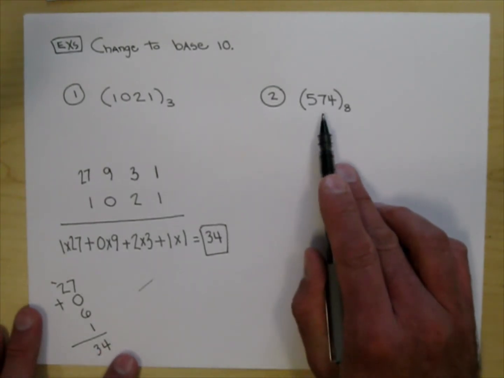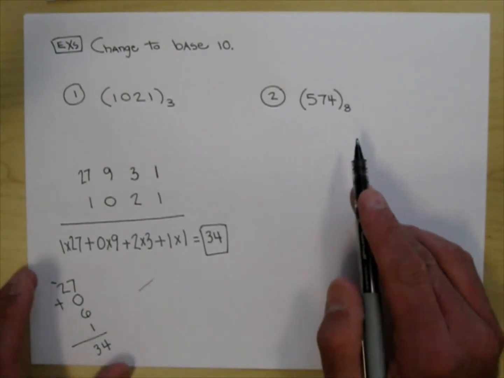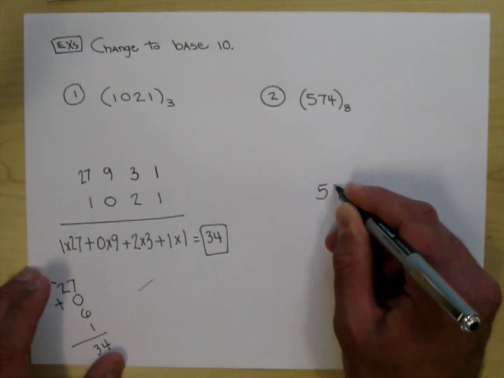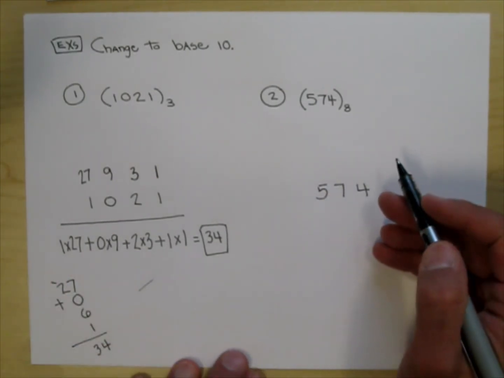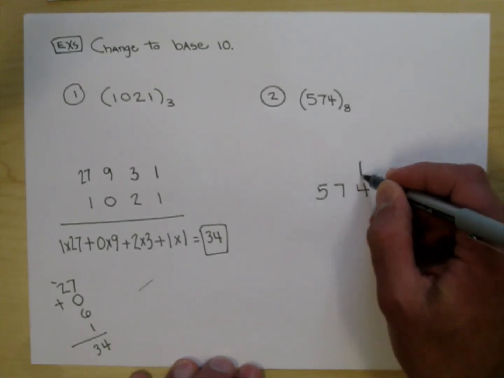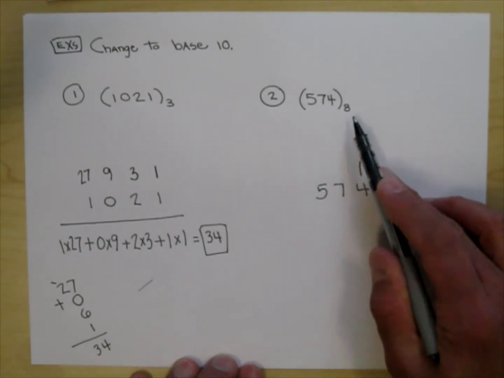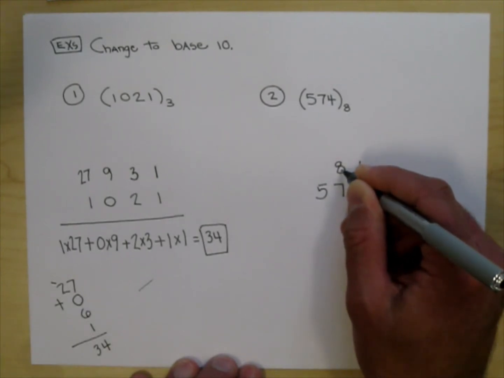Okay, 574 base 8. I'm going to put the 5, the 7, the 4, and I'm trying to change it to base 10. So we have the 1's place, and then, see, it's base 8, so we have the 8's place. 1 times 8 is 8. 8 times 8 is